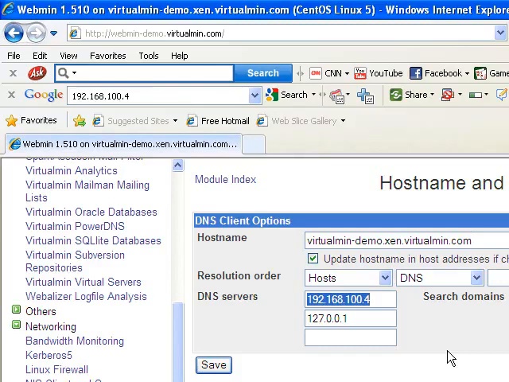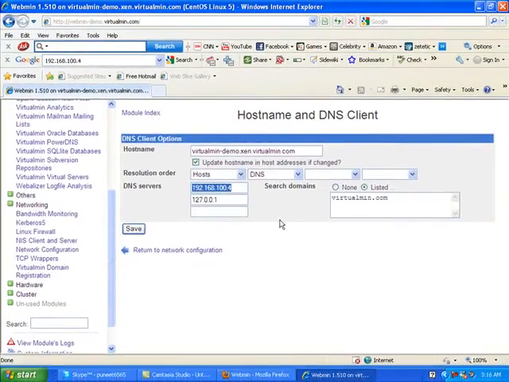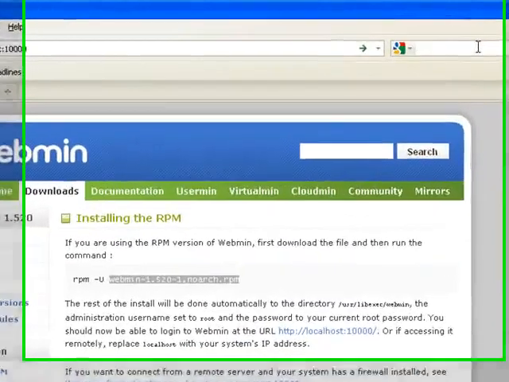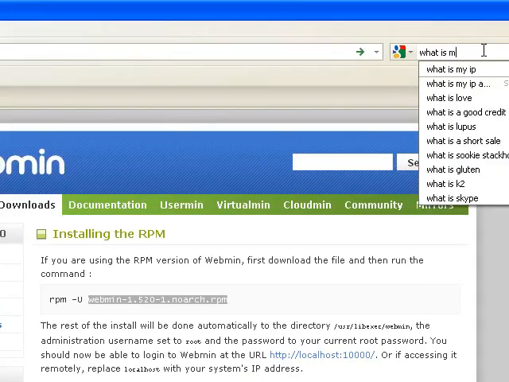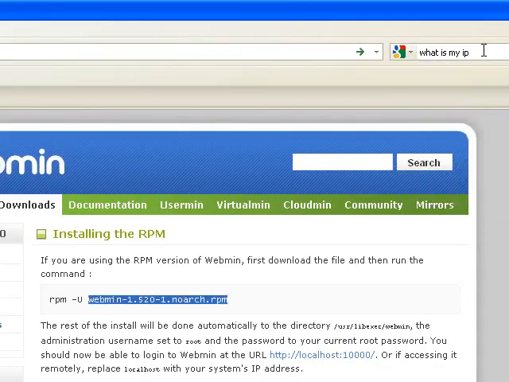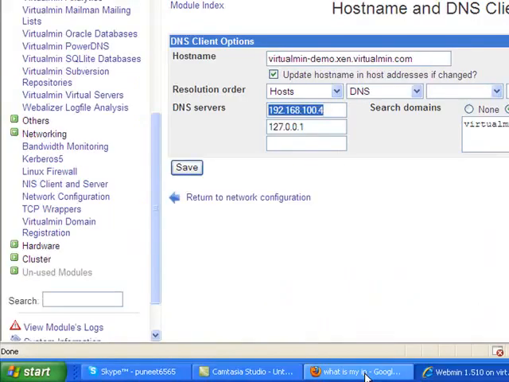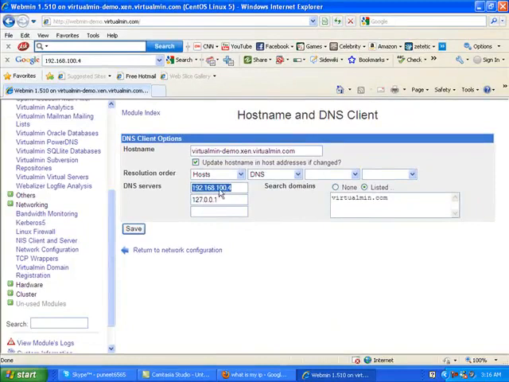You can use your public IP address that is being provided to you by your internet service provider, the static IP address. To find out the static IP address or dynamic IP address provided to you by your ISP, type what is my IP on Google. On Google you will get a link. Click on this link, you will get your public IP address. You can use your public IP address in all these settings instead of this LAN IP address,